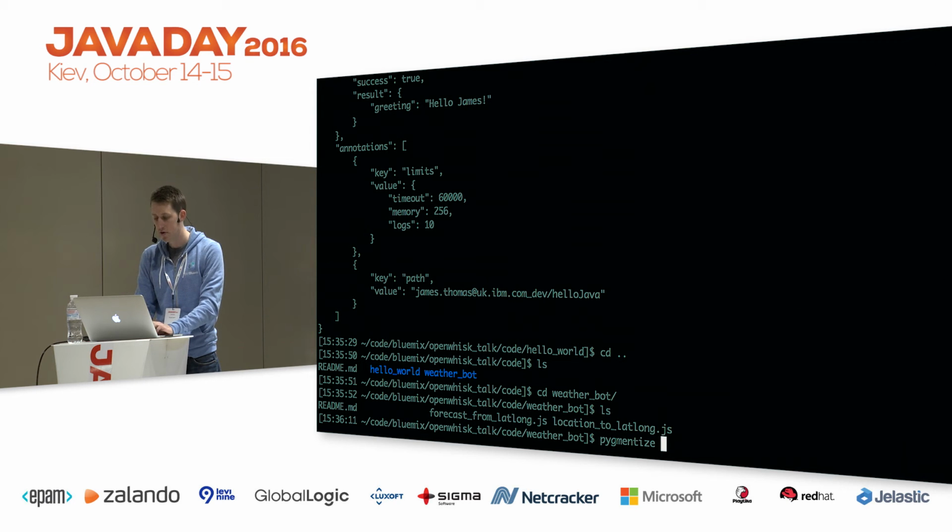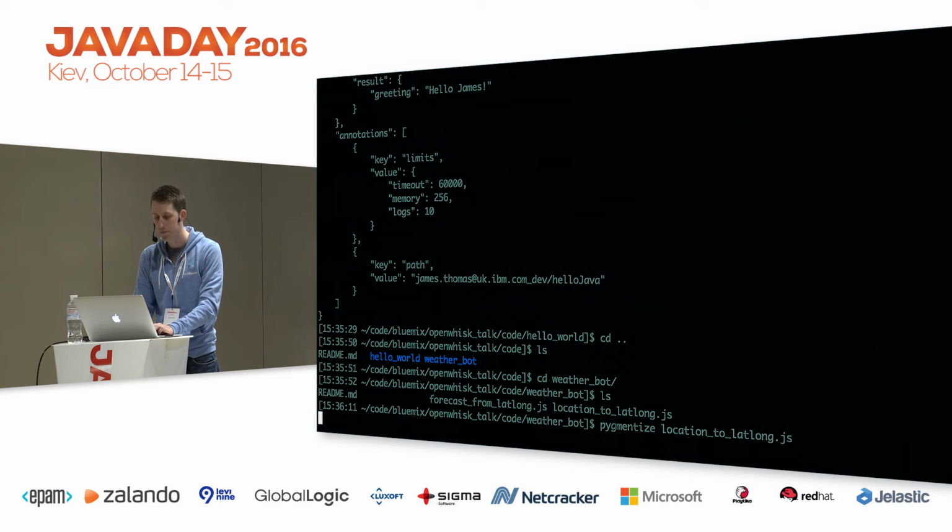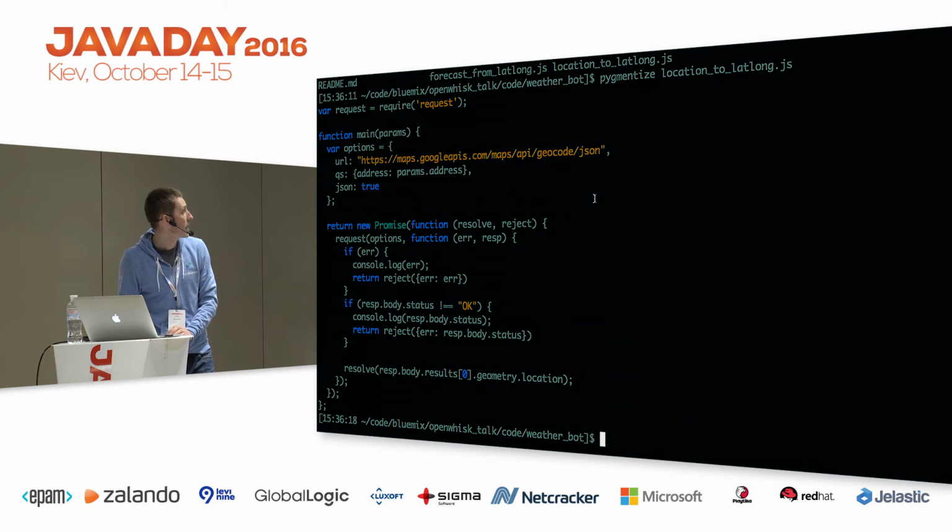So let's start with my first tiny microservice like this. This is called location to lat long. What it does is it uses a third-party geocoding API. So when it's triggered with an address, which comes in here, it calls this API, looks up the closest address match using an asynchronous HTTP request using a promise, and then returns me the location, the lat long down below, if that succeeds. So I can deploy this